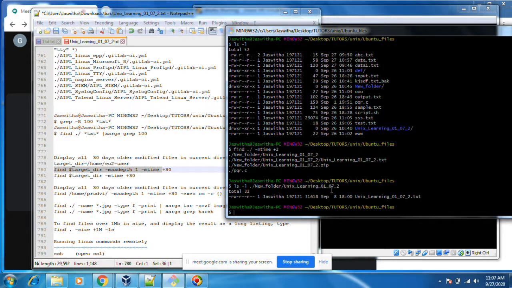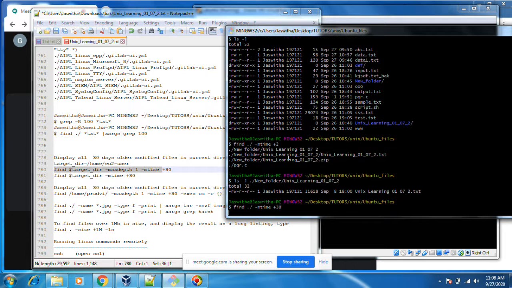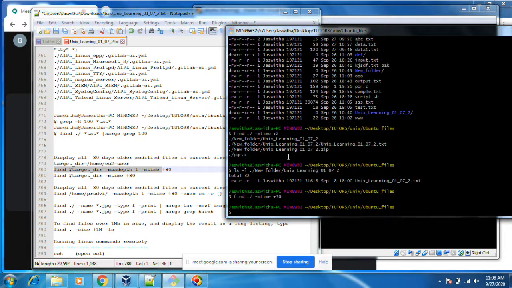You see, it got modified September 8. That's why the older files are coming. If you want 30-day older files, use +30, it will come. Okay, nothing is there in my PC, no 30-day older files in the directory.